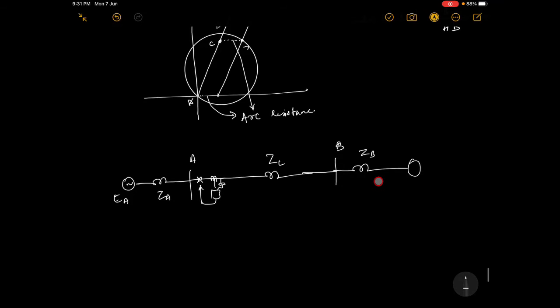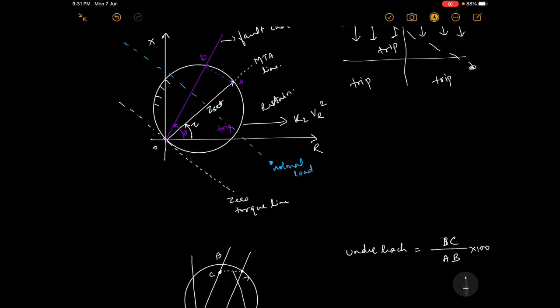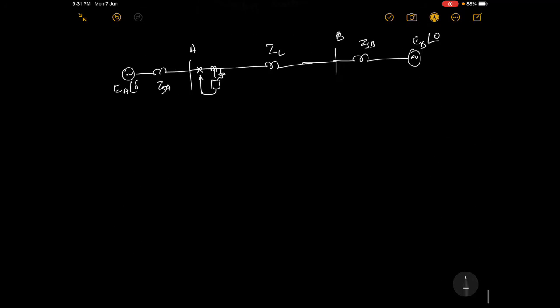And we have this EB. So we can call this ZSB and this ZS. This is how we called them earlier. This generator is operating at a rotor angle delta, and here it is operating, suppose, at an angle 0. So when there is a power swing, just draw it roughly.